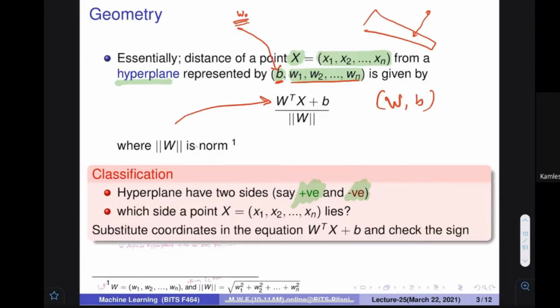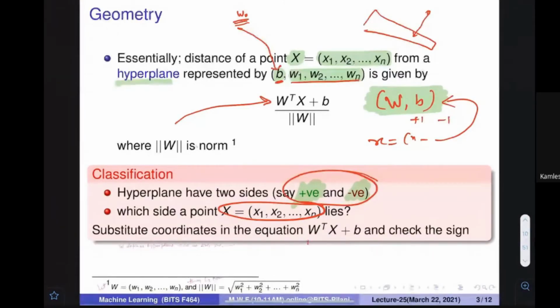So I'm telling you that the equation of a line or equation of a hyperplane is given by these parameters. If a new point is given to me, that is x1, x2, up to xn, I can put it into this particular formula and find out whether the value is positive or negative. By this, I can find out the classification also. Now let us find out how to get the right parameters. What is the right parameter? If the data is given to me, how can I find out the right kind of plane out of that? Make sense?